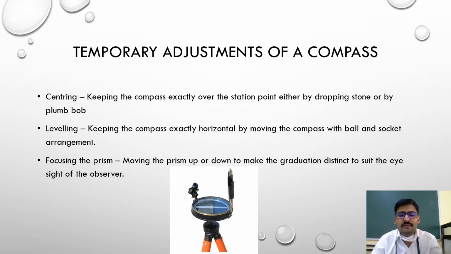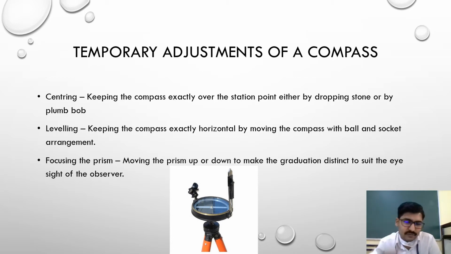So if I have to check whether the leveling is proper, or whether the needle is freely moving or not, you can confirm this by rotating the compass once. By giving the compass a swing, you can check. When you give a swing, if the needle is rotating along with the compass box, then definitely it is not leveled, right?